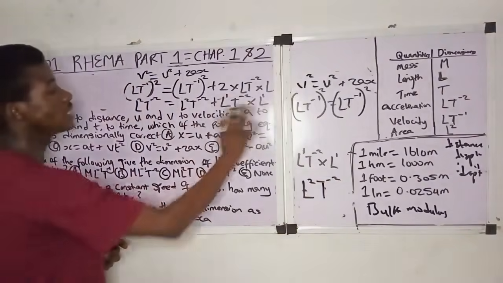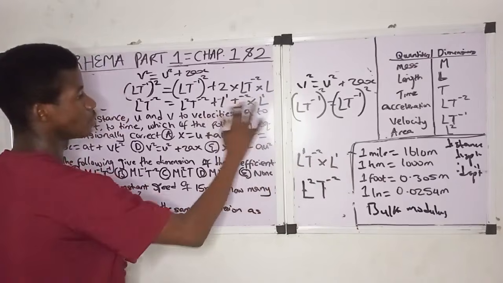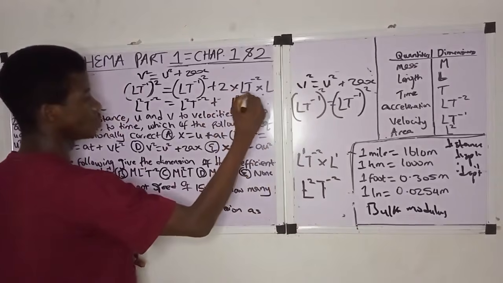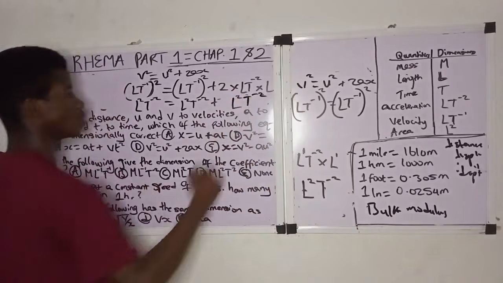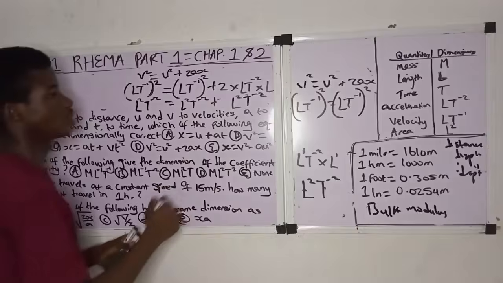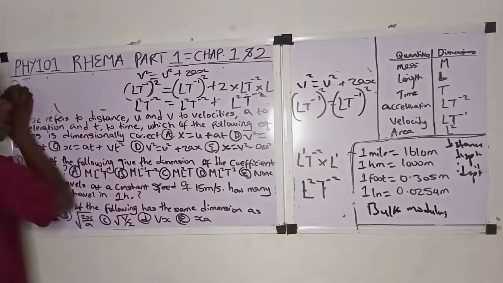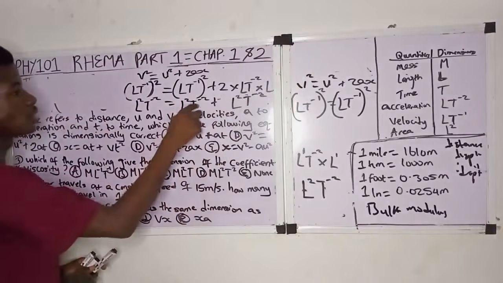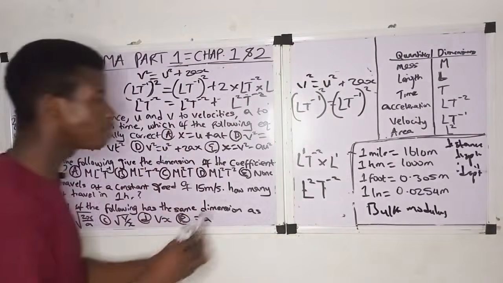Yes. So everything here will now be L2 T raised to minus 2, right? Yes. So now if we continue, we have L2 T raised to minus 2 here, and L2 T raised to minus 2 here, right? Yes. Now remember,